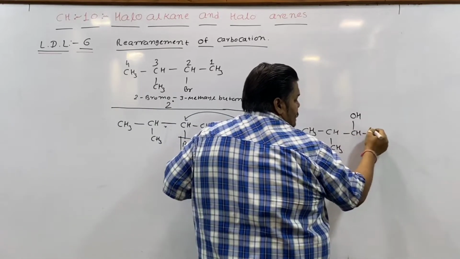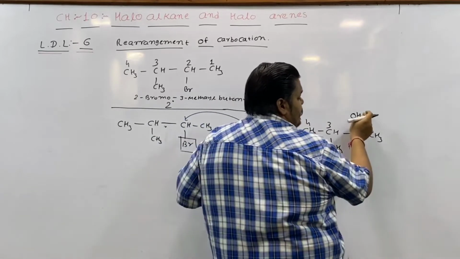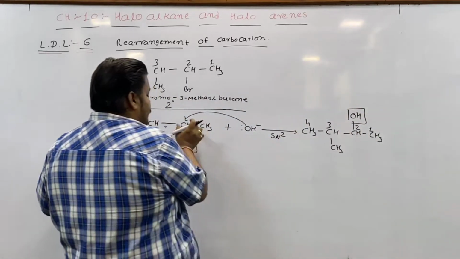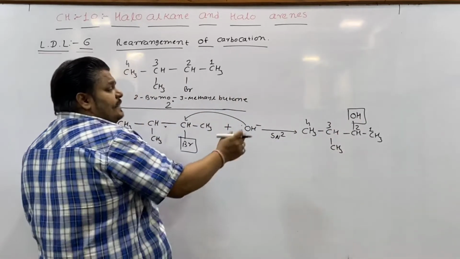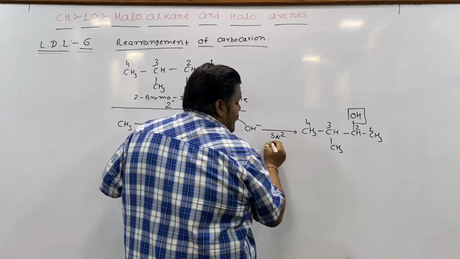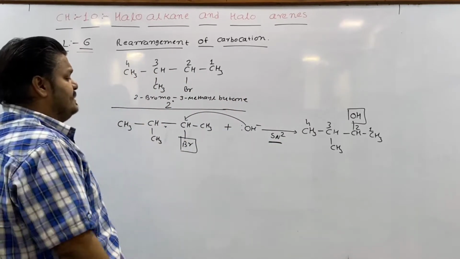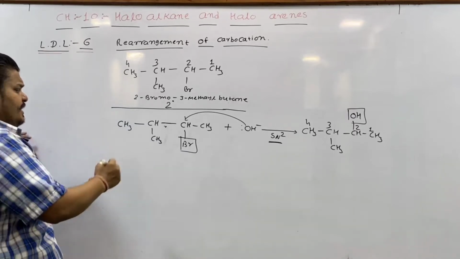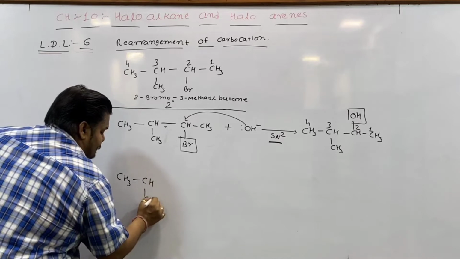with first carbon, second carbon, third carbon and fourth carbon, and the second carbon containing the OH group. That means on the second carbon the Br gets substituted by the hydroxyl group. It's the major product according to the SN2 mechanism in which making and breaking of bonds occur simultaneously. But if the same compound follows the SN1 mechanism,